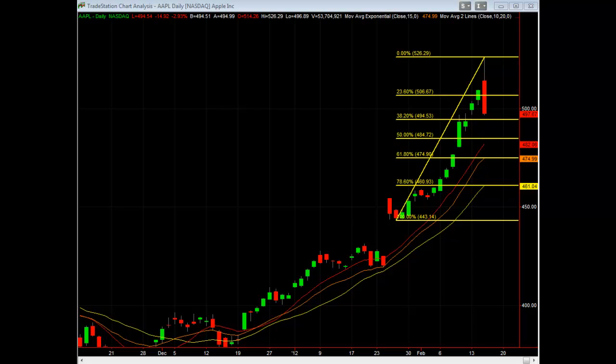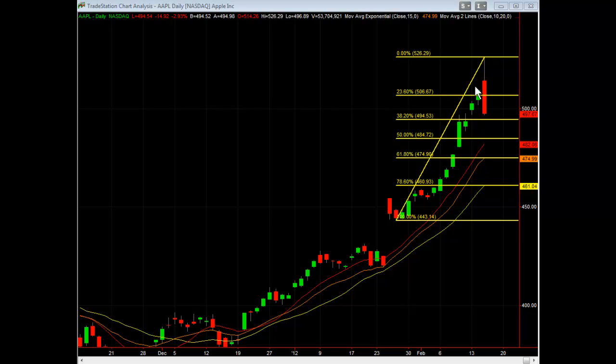So there have been a lot of players looking at Apple for a sign of a market top, and if you consider a key reversal day like this as a market top on Apple for the intermediate term, this could also be the market top for the broader indexes for a period of time, since we have had no pullbacks of over 1% since the first of the year. So keep an eye on the broad markets based on this Apple.